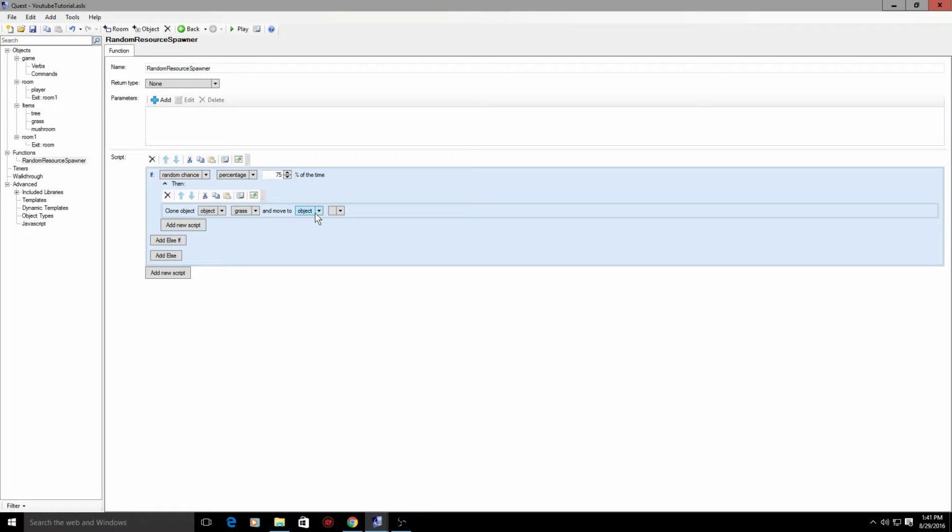Clone object grass. Now this is where a little scripting comes in, because we don't exactly know where the player is going to be going. Every time he enters a new room, it's going to be somewhere else. So we don't want to just move it to a specific room, because then it's only going to move it to that room if it's called. So we want to drop down our object, go to expression, and in here we want to type player